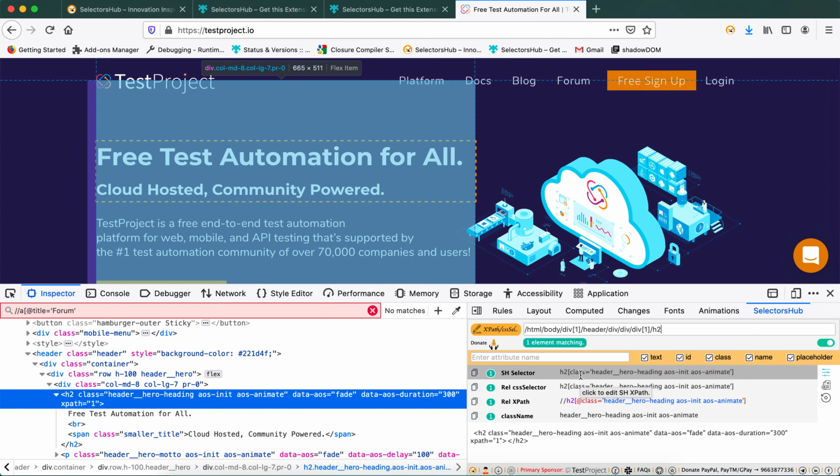Then Selectors Hub suggests a better selector for your XPath. This is the better one. You can directly use it in your script, and you click anywhere here to copy this value and use it in your script. So of course, this is much better, what Selectors Hub gives for your selector.